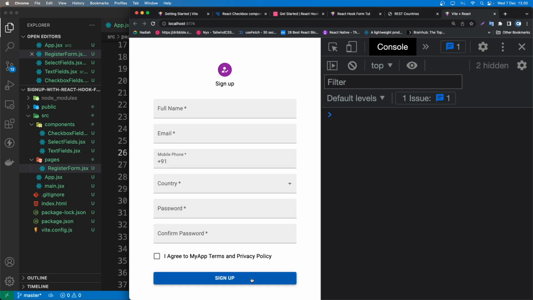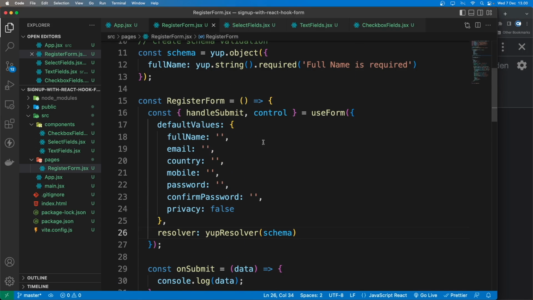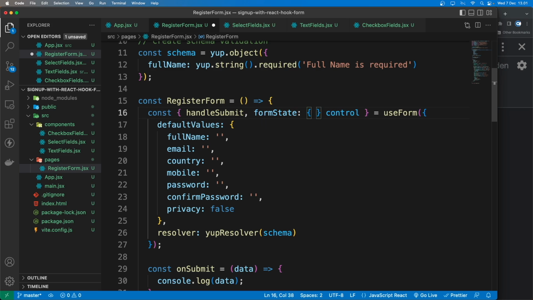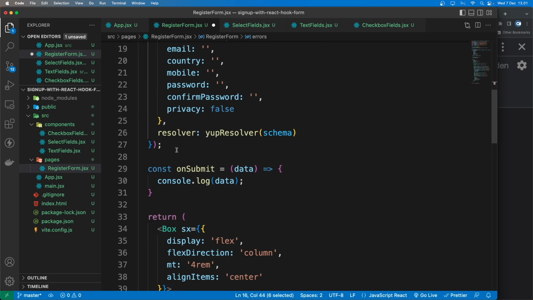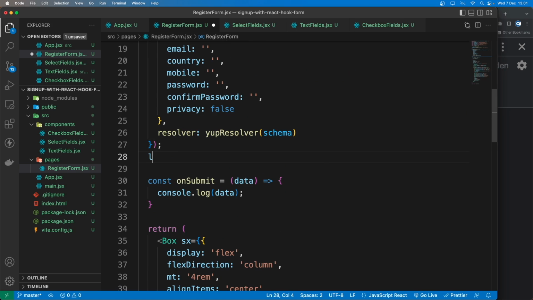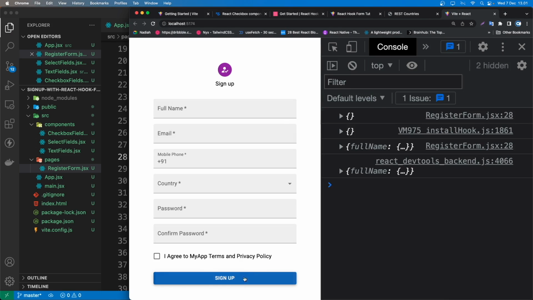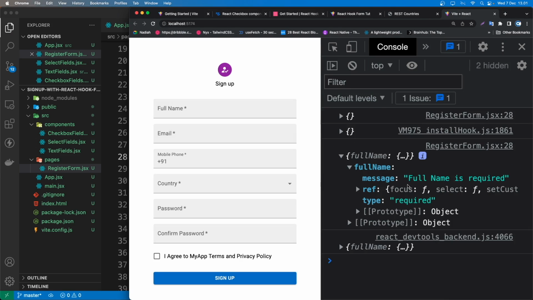All right, so now if I save and let's go back here. If I click sign up, nothing happens basically, but let's see here. I'm going to say formState and grab the errors here. So let's console log first so you can see what the errors are. As you can see, this is an empty object. If I click sign up, as you can see, fullName, and then we get a message